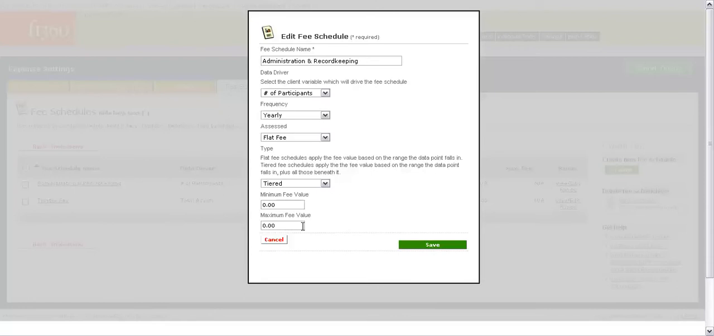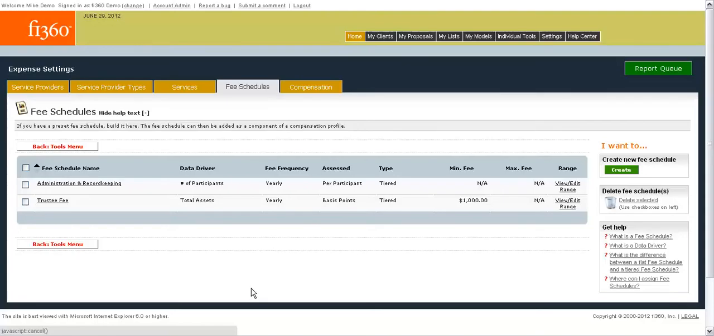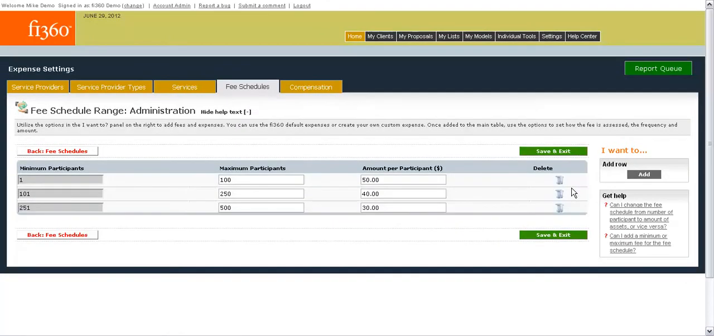And then we also have a few min or max fee values. So if you're driving something, again based on number of participants, if you reach a certain value, you can jump over that and always charge a particular value. So let's go in and look at this administration fee now and see how the ranges are established. We can click on the range link on the very right hand side of the column